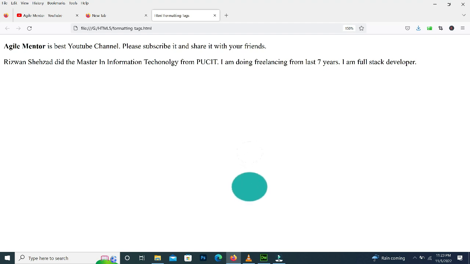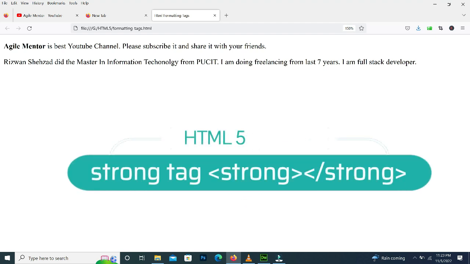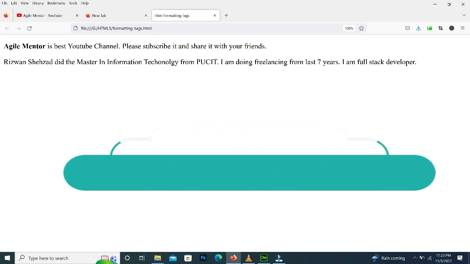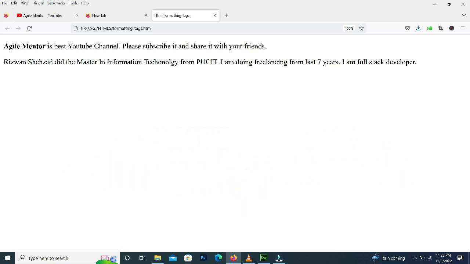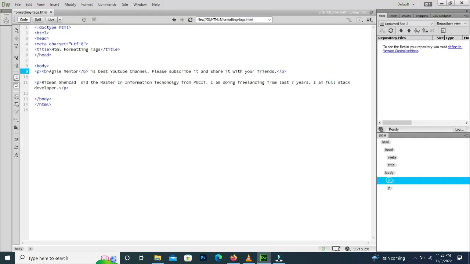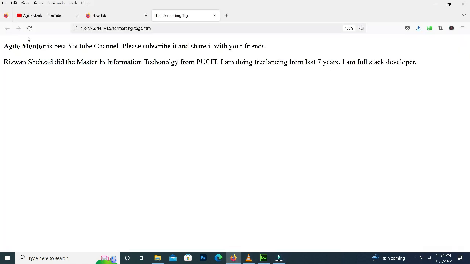The other tag is the strong tag. It is similar to the bold tag. There is no difference between the bold tag and the strong tag. I will show how we use it. I want to make the YouTube channel strong, right? I will start the strong tag and end with forward slash strong, right? I will save it. I will reload the page, right? Here you can see it. YouTube channel is bold, and this is bold using B, this is bold using strong,